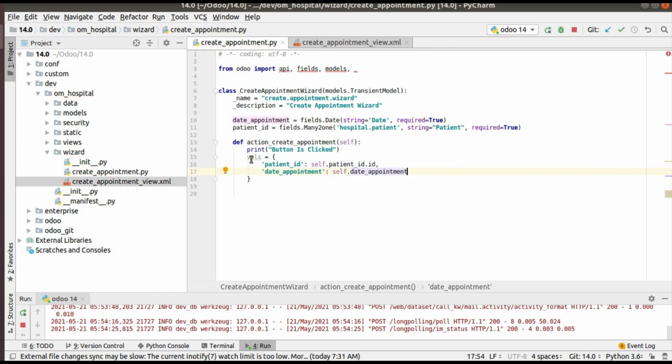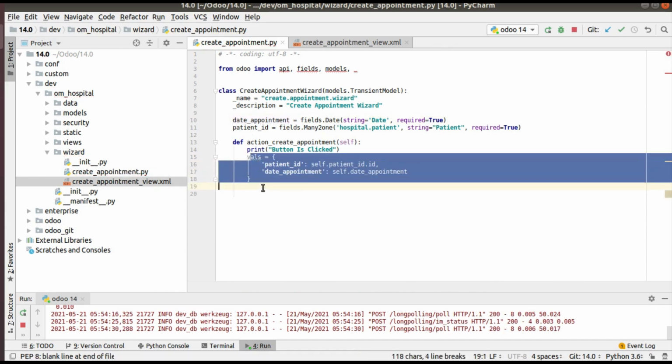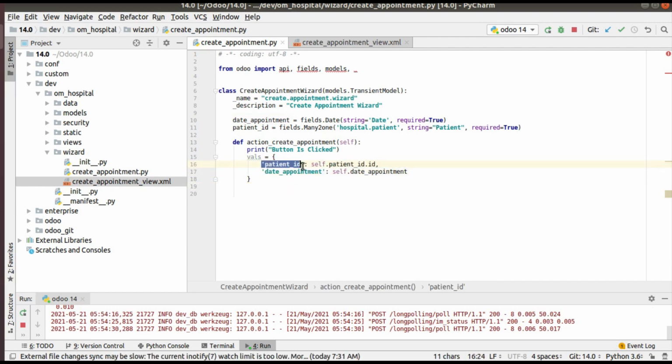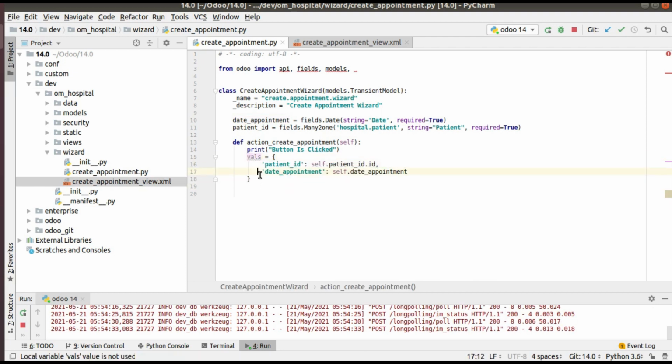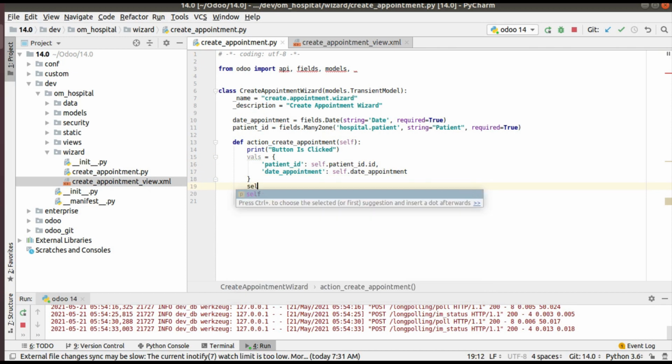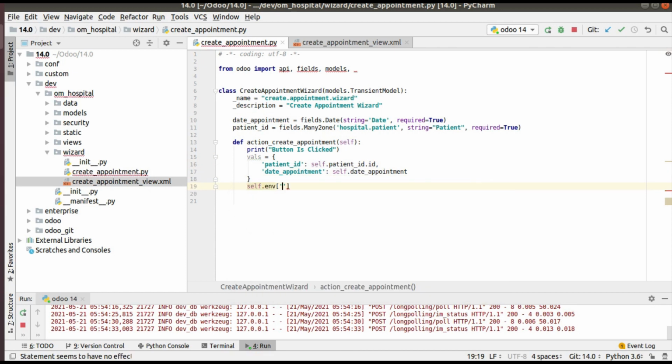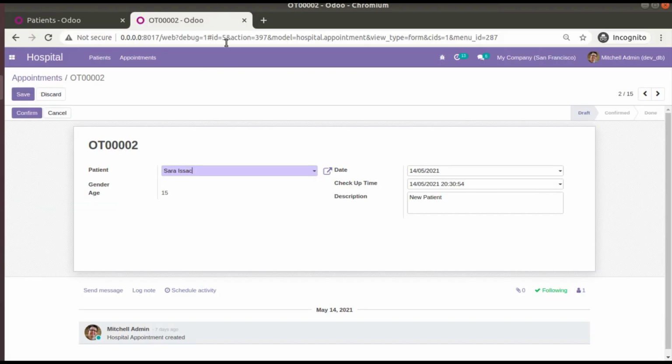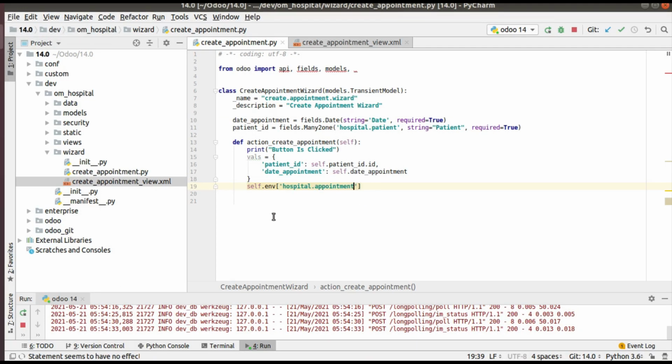So I have created a dictionary, and I'm going to pass this dictionary to the create method. I'll add one more line of code, self.env, and to which model you have to add the record. We have to add the record to this model, hospital.appointment. So I'll copy that name and put it here, self.env.